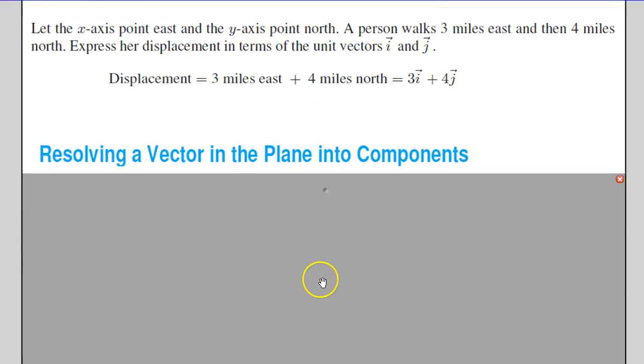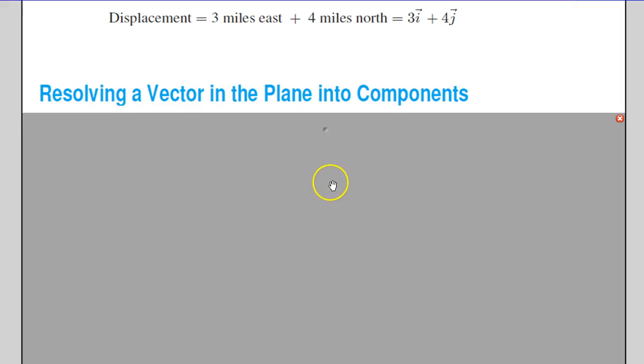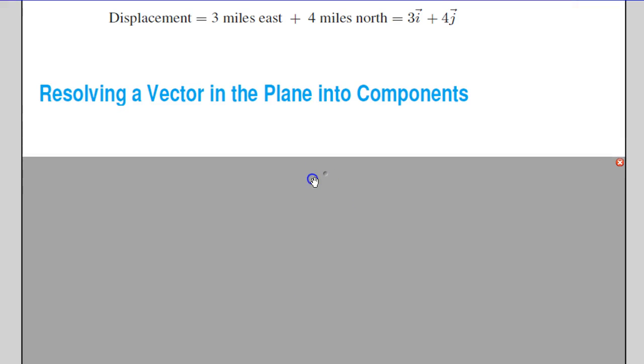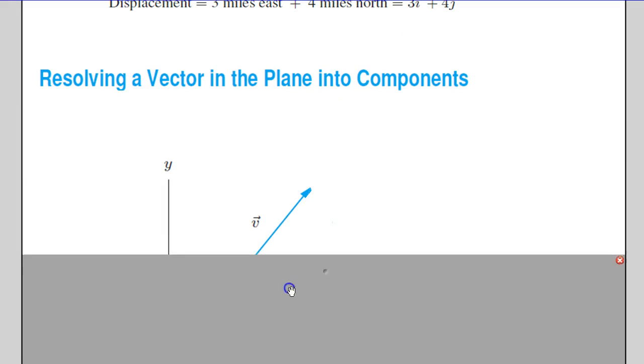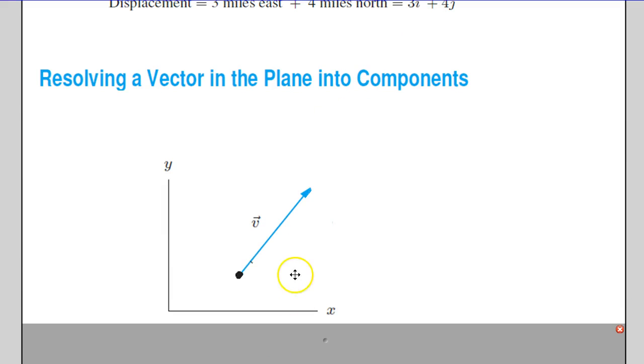Okay. Now you may hear the phrase resolving a vector in the plane into components. That basically means breaking down a vector into smaller components like unit vectors, as we saw up here in this example. So let's see right here, I have this vector v. What if I want to resolve it into components, i.e. break it into smaller components? I'm going to use the unit vector, and if you recall,